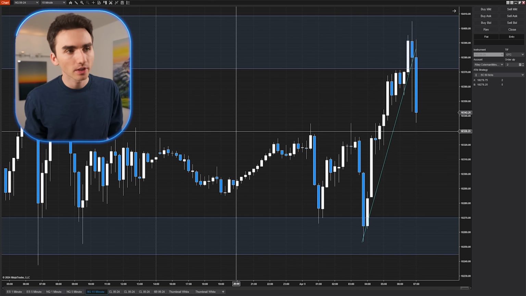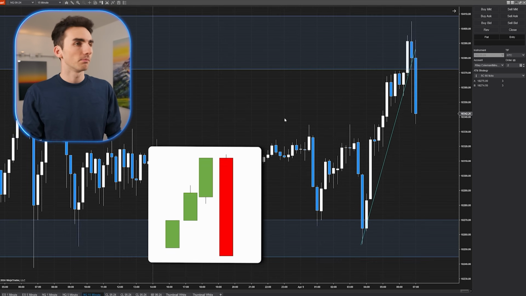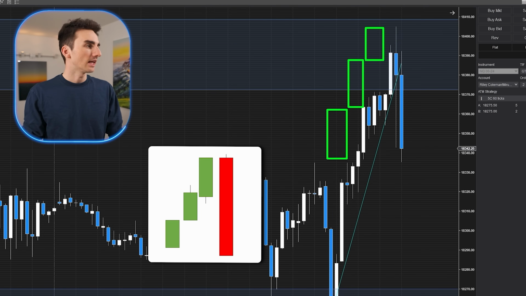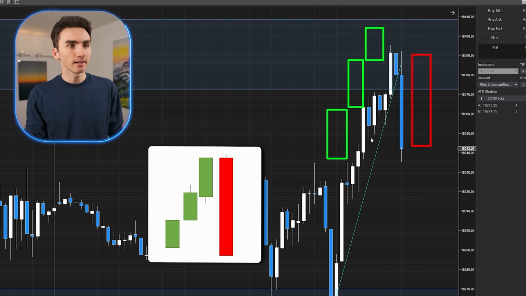Now my candlesticks are different colors, and I just do that because it helps me not be distracted by the colors. But what we have here is the market's moving up in a clean, bullish, methodical movement, and then all of a sudden there's a massive move down. And of course what that does is there is an upwards channel just kind of going higher on a smaller